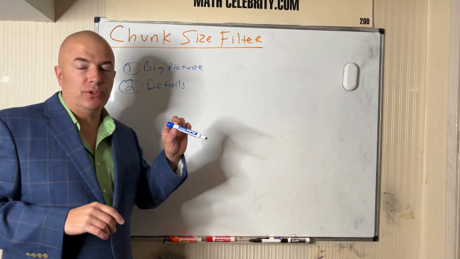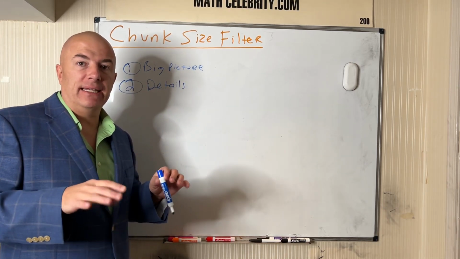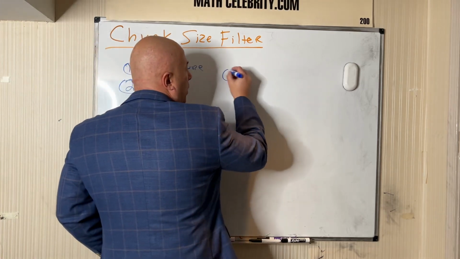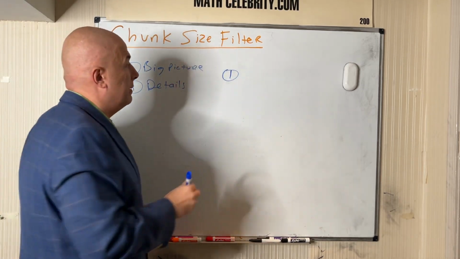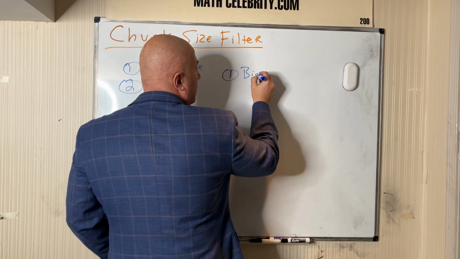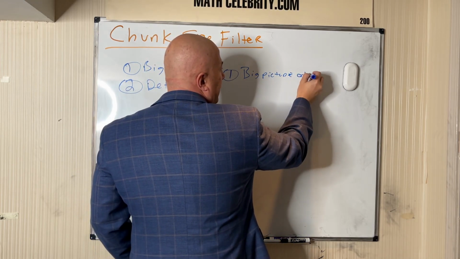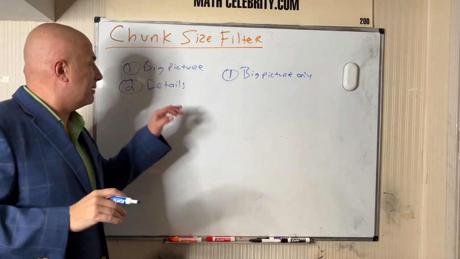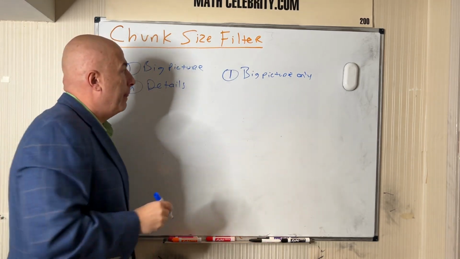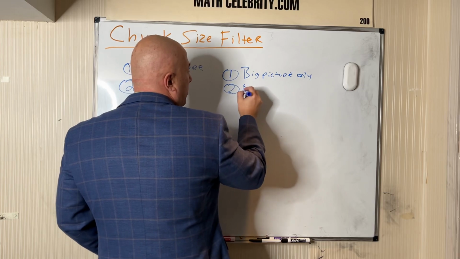Once you ask those two questions in succession and get the answer, you will come up with 4 types of students. Big picture only. So that's somebody that says, I'm big picture, and when you ask about the details, they say, I'm good. Second is big picture